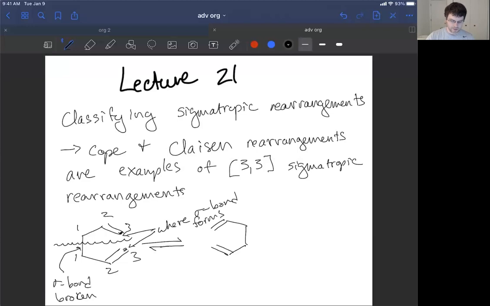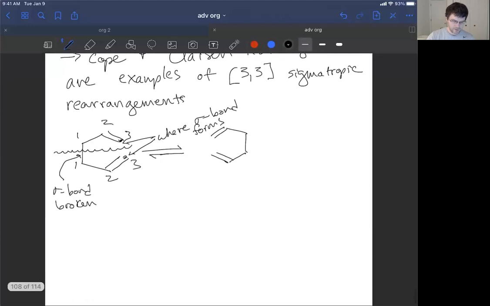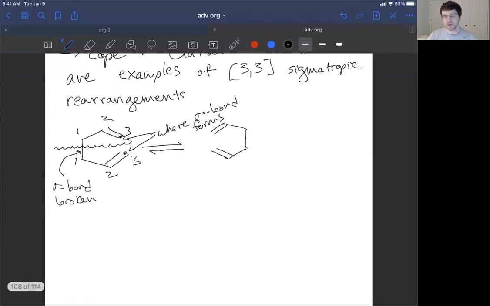So let's look at another example of a sigmatropic rearrangement. By far, 3,3 sigmatropic rearrangements, in particular Cope-Claisen rearrangements, are the most prevalent and the most likely to be encountered. Most of the time, any sigmatropic rearrangement that we do see in the universe is an example of that, but there are some offshoots. So let's say this is an example from the book. So in this case, what we're actually going to do is consider an equilibrium, that is a rearrangement equilibrium,